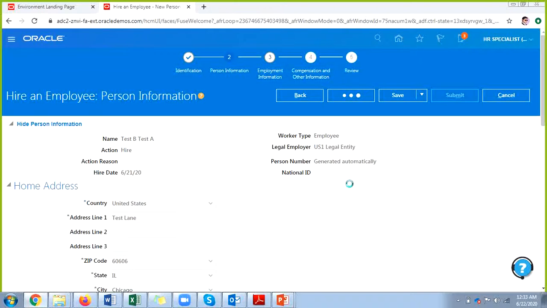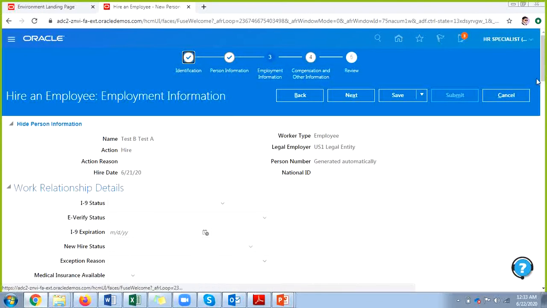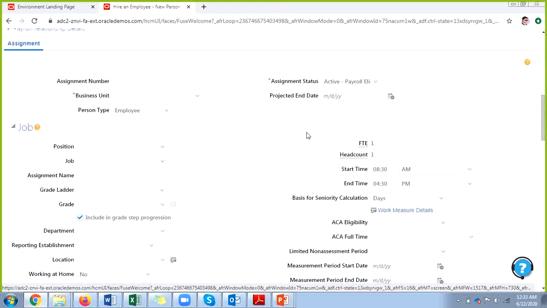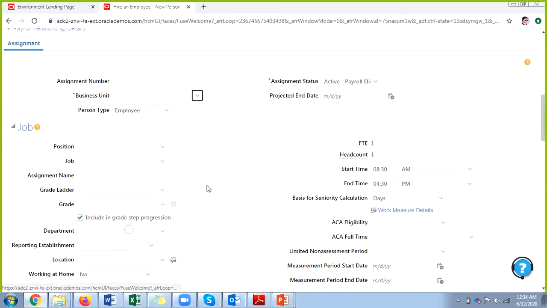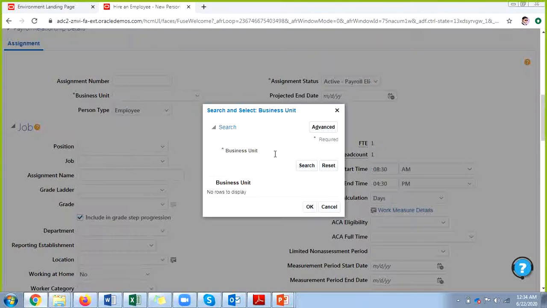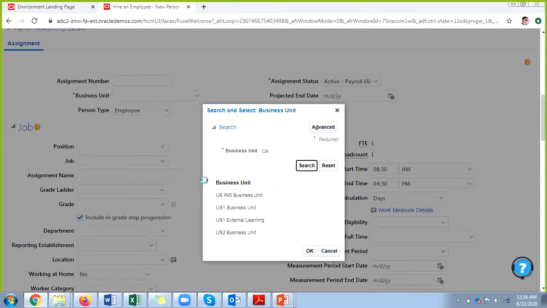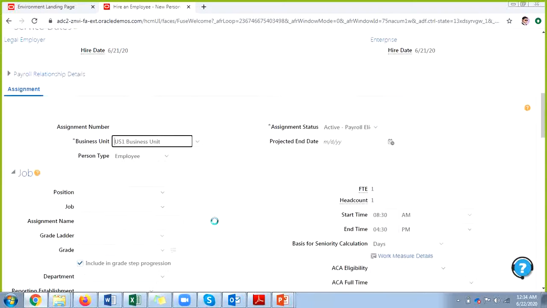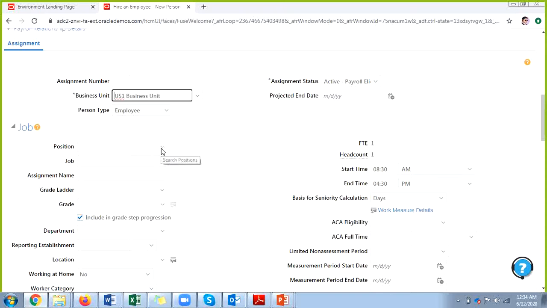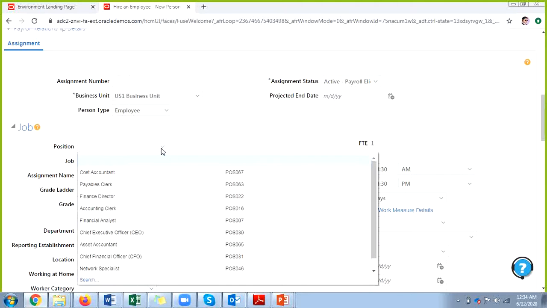where you can enter employment information. This is the page where you can select the employee business unit, in which business unit the employee is going to work. Select the employee business unit, and you can select the employee position and job.